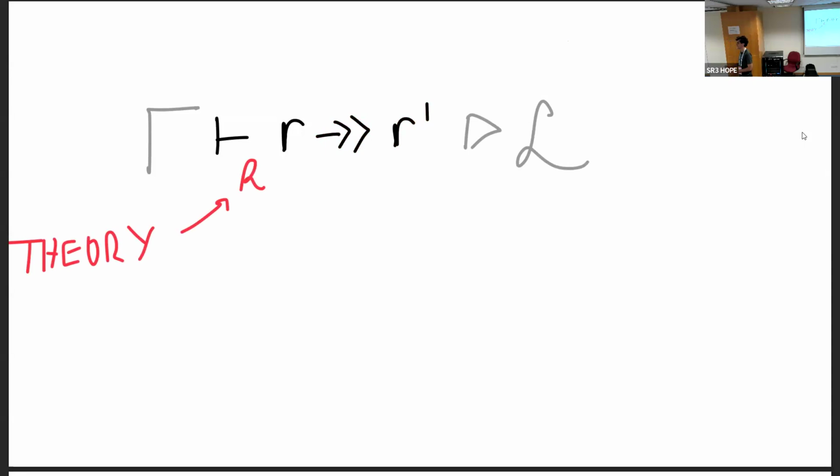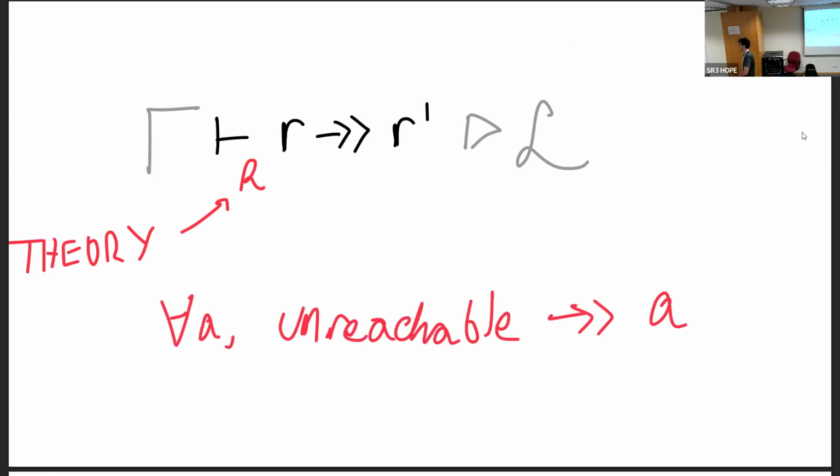Think of this almost like a very discount version of an MLIR dialect, but the idea is that we can write down quite a bit of different kinds of information into this theory. In particular, we can include equational information. So for example, the fact that a plus 0 is equal to a. But we can also include refinement information, and this refinement information can be effectful. So for example, if we have an undefined behavior effect and unreachable triggers UB, we could say that unreachable can be refined to any other program A. This is very useful when we're modeling low-level languages, as we tend to be doing in SSA land.